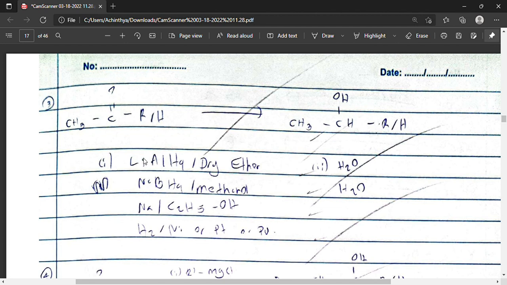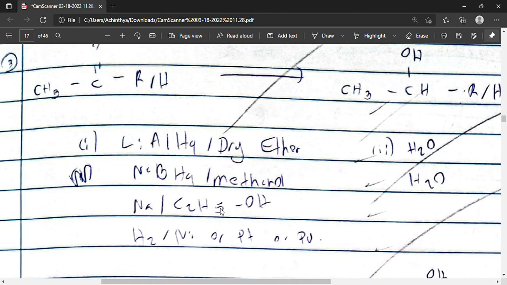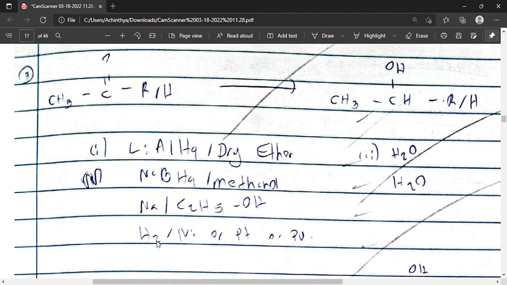One way of doing this, we can use these reducing agents. We can add lithium aluminium hydride in dry ether and then add water, and we can get this. Or we can use NaBH4 in methanol and then add water, and then we can also get this. Or we can use alternatives, these are less popular reagents, but we can use sodium and ethanol, or we can use